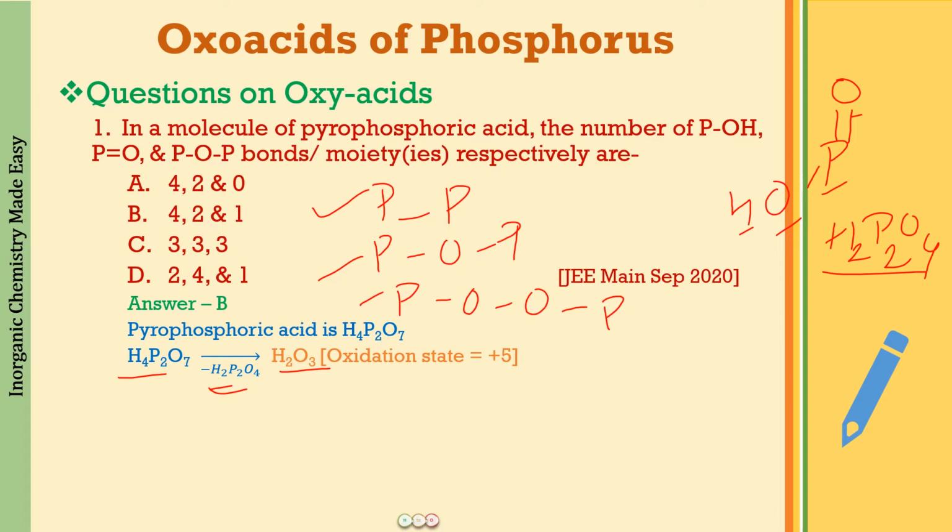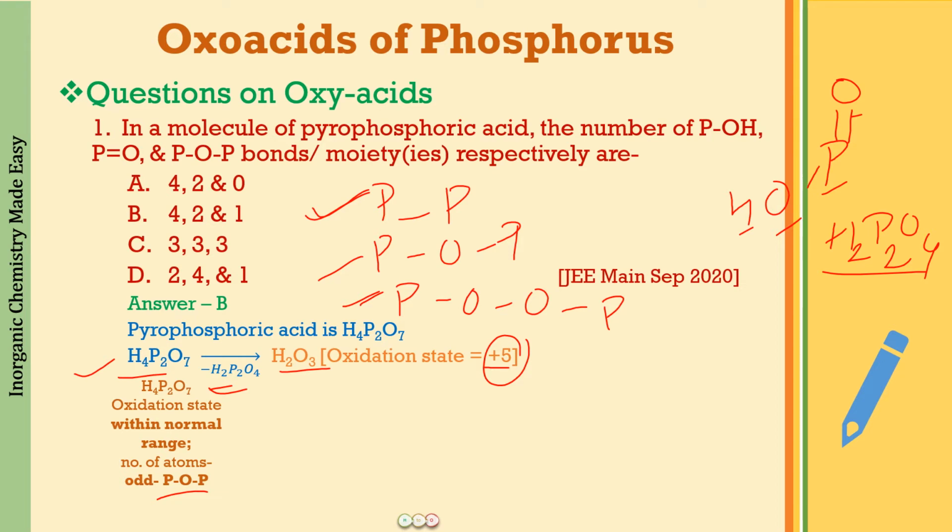What is it going to be? Well, that we learn with the help of the oxidation state of phosphorus in the compound. So here the oxidation state of phosphorus is 5. The highest oxidation state of phosphorus is also 5. Remember, if the oxidation state is within the normal range, that is, up till the highest oxidation state, then what you have to do is check the number of oxygen atoms. If the number of oxygen atoms is odd, we are going to have a P-O-P linkage. If it is even, it is going to be a P-P linkage. And if the oxidation state is greater than 5, what we will be having is a P-O-O-P